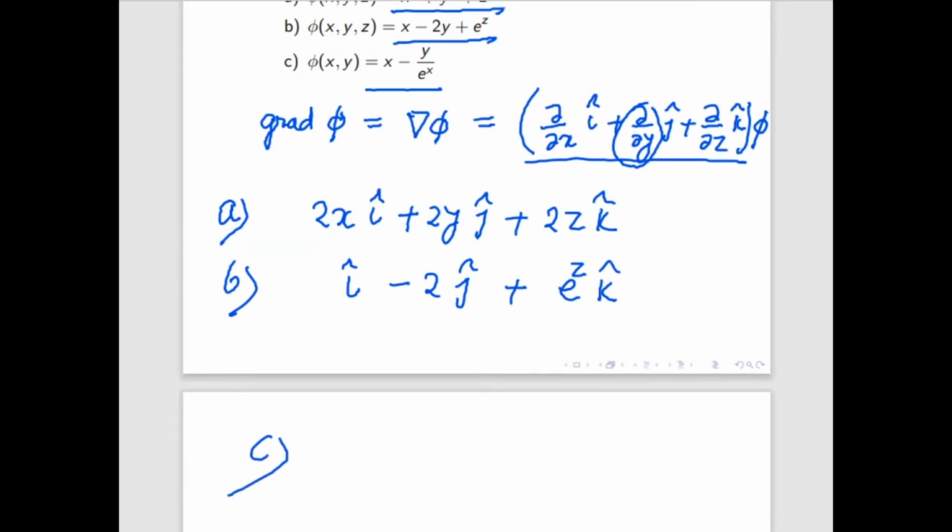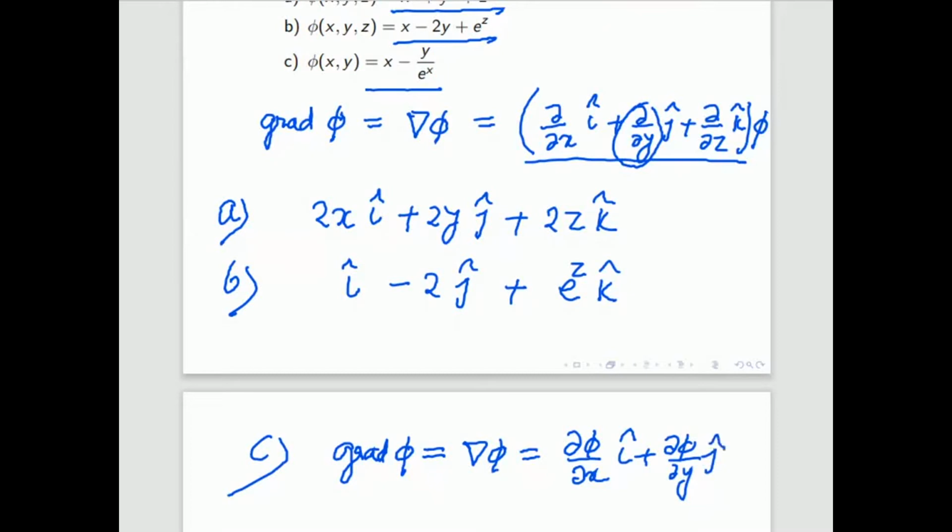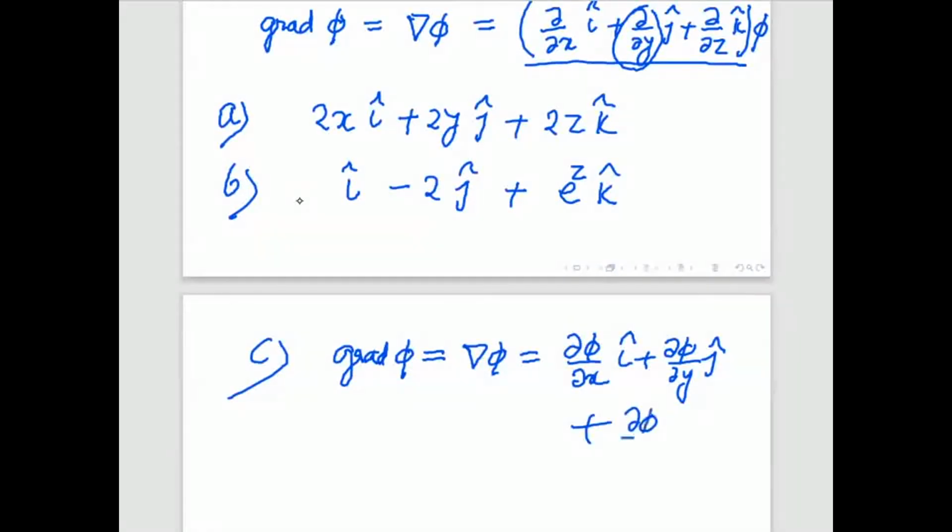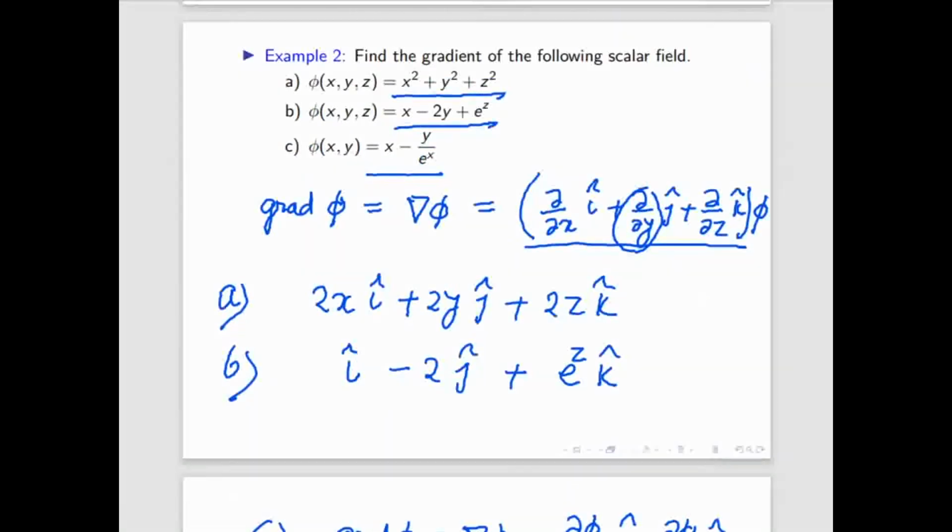So for part C, can you tell me what will be the gradient? This phi will go here: del phi by del x, del phi by del y, del phi by del z. That's why I am differentiating with respect to x, y, z. So what will the gradient in part C be? Grad phi. That means this one. This is by formula only that I am writing. j cap plus. So here phi is given as this one, then what will be the gradient?